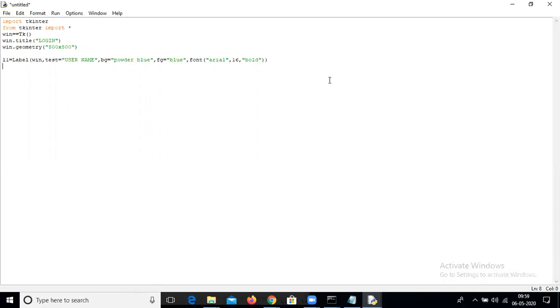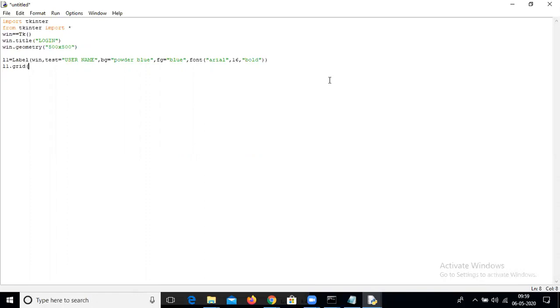The label is created, but label is not fixed with the window. To fix the label with the window, we can use the pack method, or the grid method, or the place method using pixels. So here we use the tabular form, the grid method. It is very easy, and you can place your widgets sequentially without having the hodgepodge of pixels. Now, how to place the widget? Simple, L1 dot create.